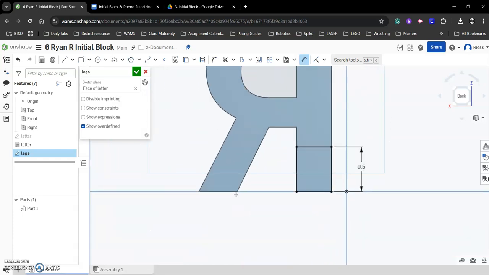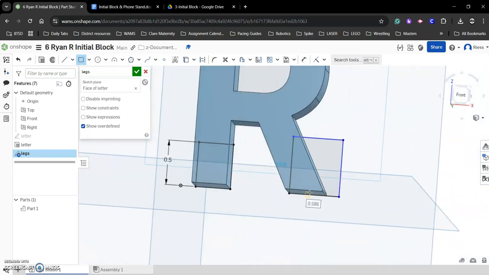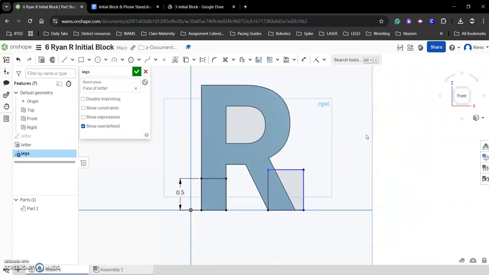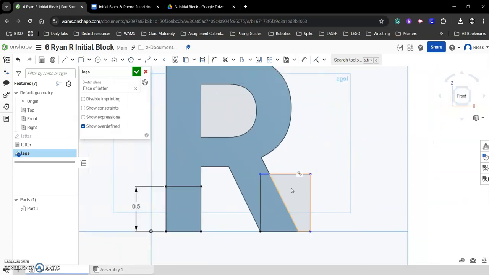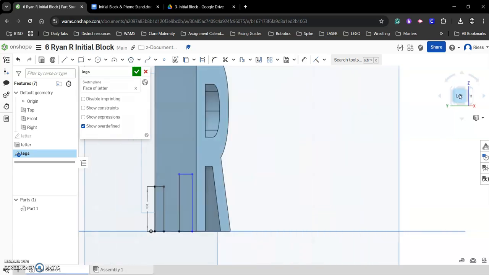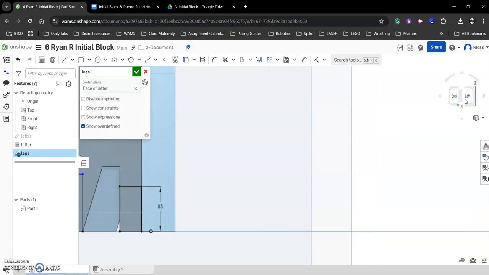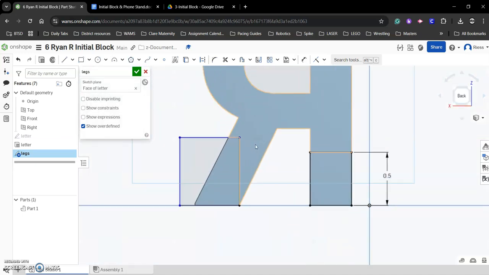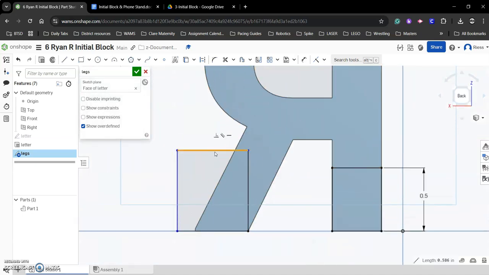Now over here, if I'm using the rectangle tool, I'm going to click, stuck in dimension, I'm going to click and drag, right? And try to make it. The issue is you can see that support from the front, right? You'll see all this area here, which I do not want. So I'm going to go back to the back of our part, and instead of doing a rectangle,